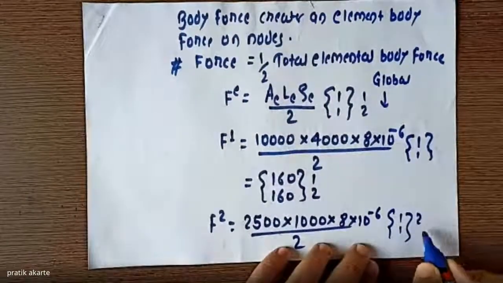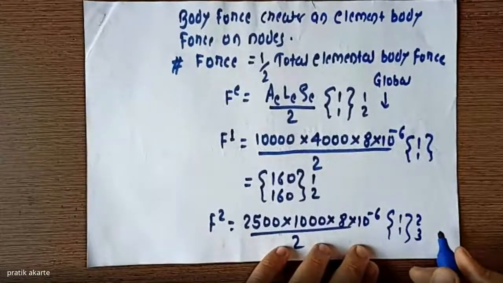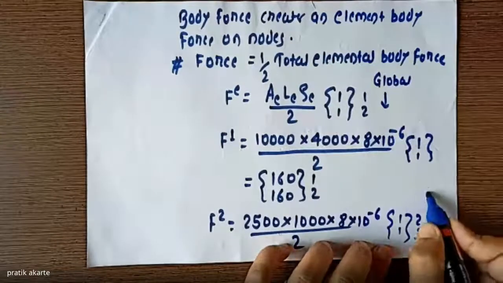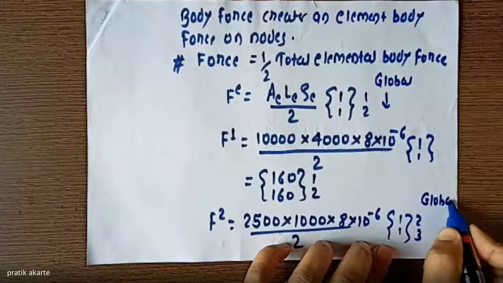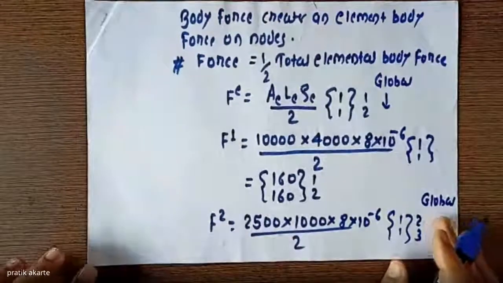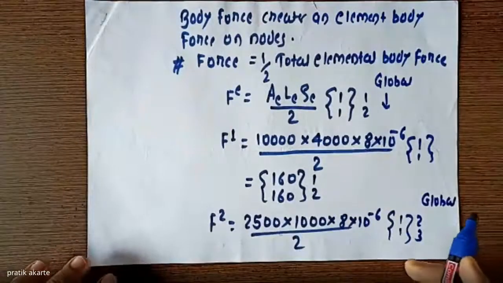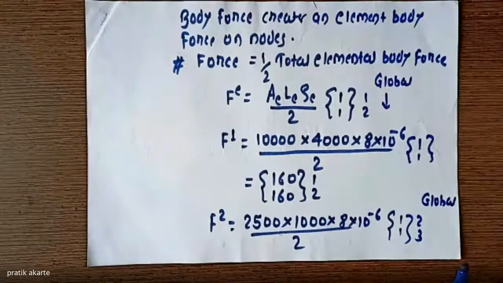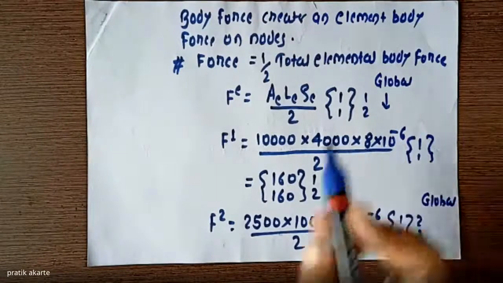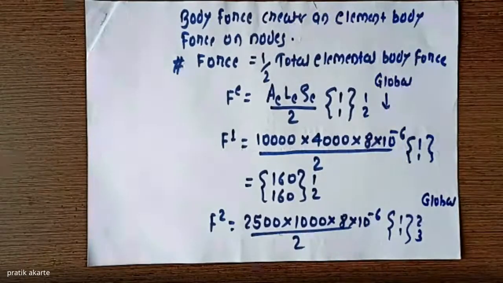This is now for node number 2 and 3. So these are in the global degrees of freedom. This is the new part in the problem. Since the external force is not given, we have to consider the body force of the element that is created, and element body force on the nodes because of the self weight, and for that we need the specific gravity